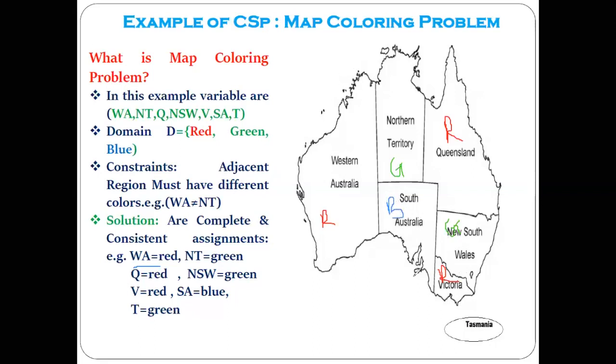Is there any conflict that you are observing? No, sir. Means we have reached the solution. But in order to reach this solution, you can see we might have to backtrack a number of times, just like after applying the first option, we again backtrack and try this one. Yes or no?